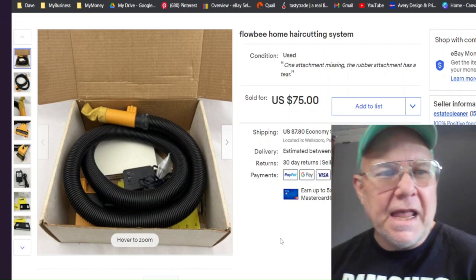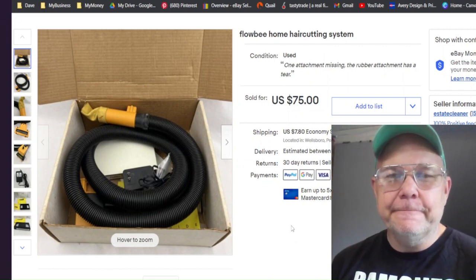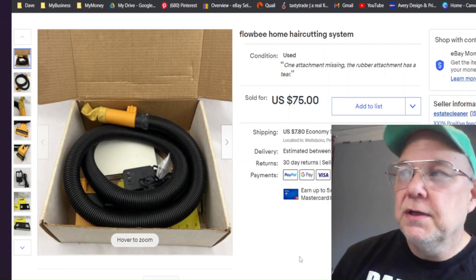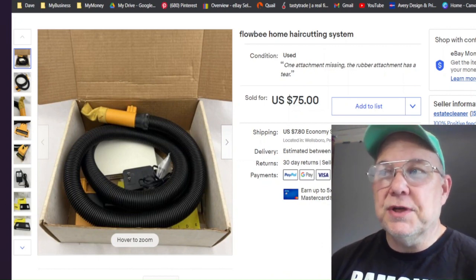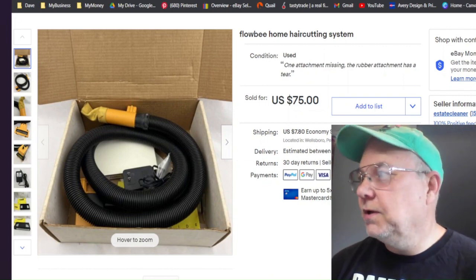So anyway, yeah, it's just an old Flowbee. It was around for a while. I finally got it listed July 18th, and it sold August 1st. I didn't pay anything for it, of course, and I got $75 plus shipping. So that was a good deal, and I was pretty happy about that. So next,